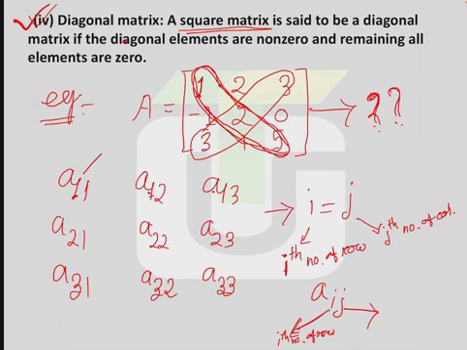Therefore I is 1, 1, 1. This is the second row, therefore I is 2, 2, 2. This one is the third row, therefore I is 3, 3, 3. So this is I and this is j. Here, A11, A12: this one is I and this one j. Here I is equal to 1, j is equal to 1; I is equal to 1, j is equal to 2; here I is equal to 1, j equal to 3; here I equal to 2, j equal to 1; I equal to 2, j equal to 2, like that.